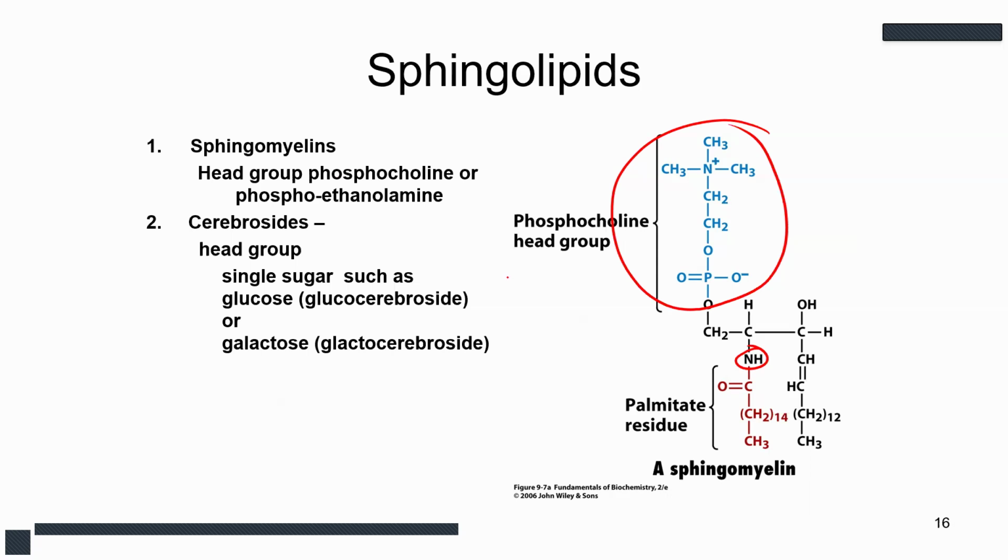a sphingomyelin. Now, cerebrosides are examples of sphingolipids, in which case their head group would be a single sugar like glucose, as is the case with a glucocerebroside. So this right here